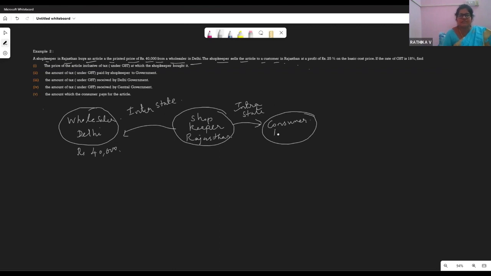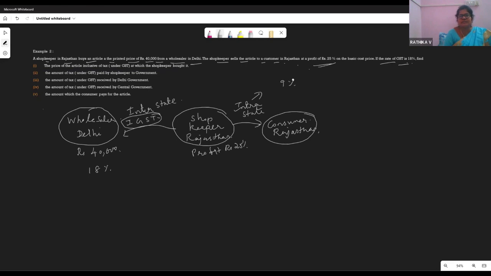So the consumer in Rajasthan, and he is selling it at a profit of 25%. If the rate of GST is 18%, since it is interstate, the full 18% goes to the central government as IGST. So he is paying IGST tax here, and in intrastate, the total 18%